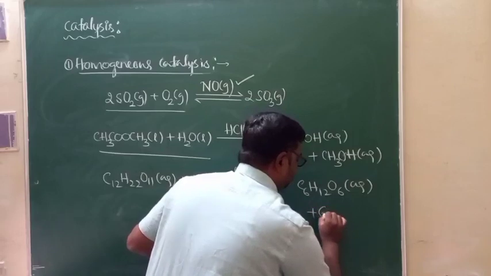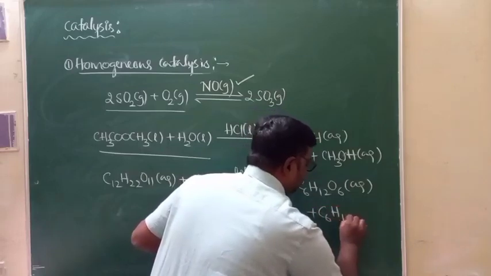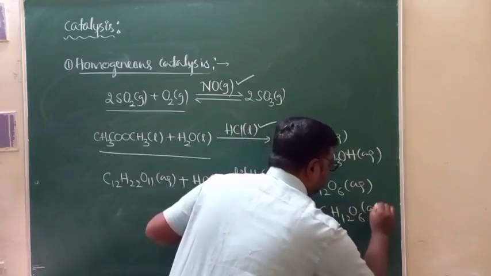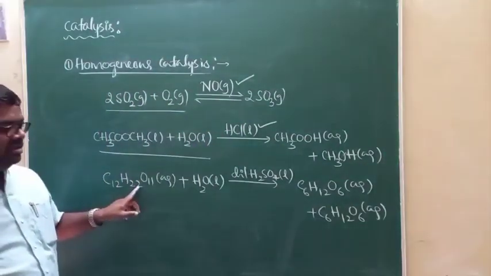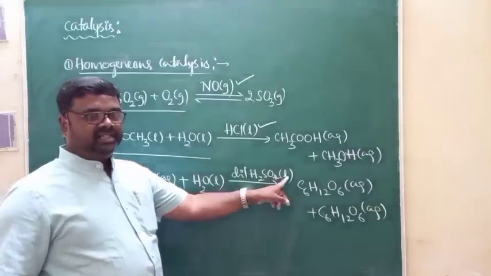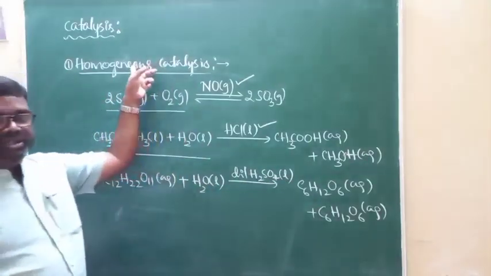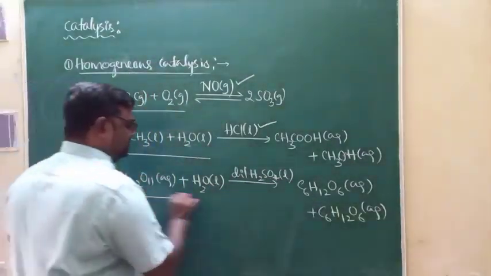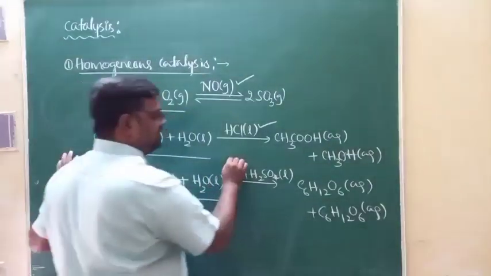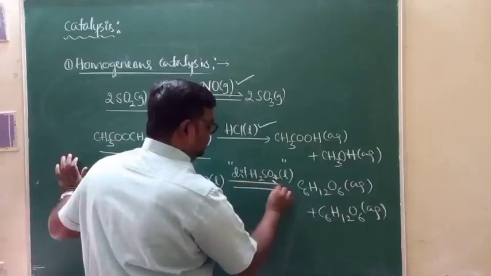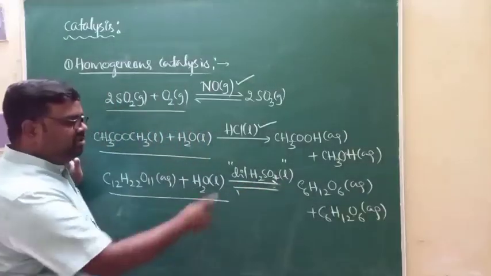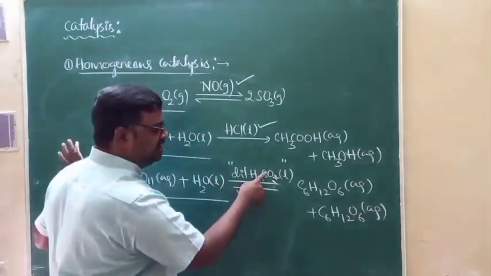And of course, fructose, that is C6H12O6. That's also aqueous solution. That's why the hydrolysis of sucrose in presence of dilute sulfuric acid is also an example for homogeneous catalysis. Here, reactants, they are in liquid state. Catalyst is also in liquid state. And of course, this reaction is catalyzed by H plus ions produced by dilute sulfuric acid, which is in liquid